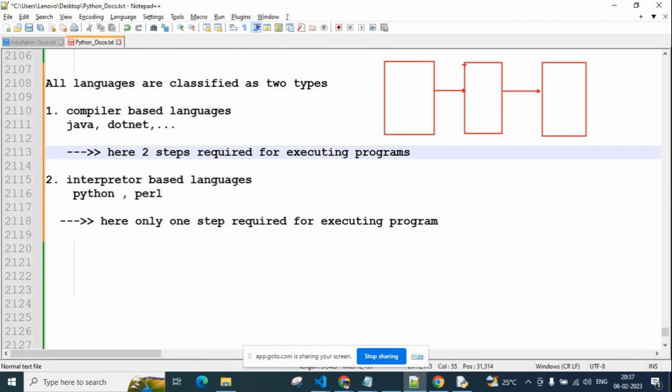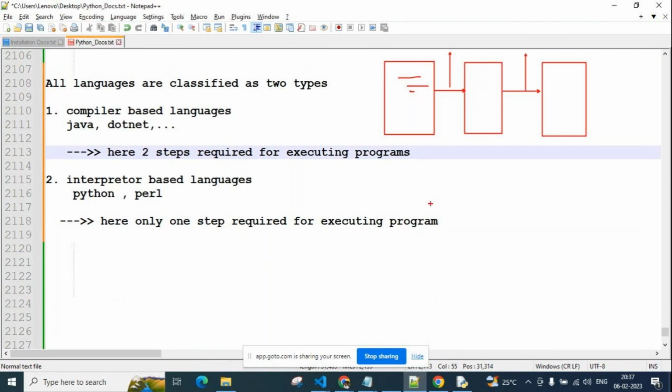So here we check whether it is syntactically correct or not. High level code is converted into intermediate level code, nothing but zeros and ones. Next, this intermediate code is converted into a machine understandable format and executed, and then we get the output. So here we use the JVM step, and here the compiler step.